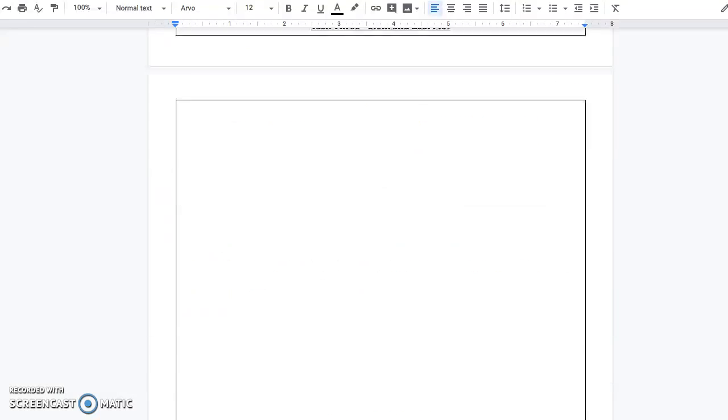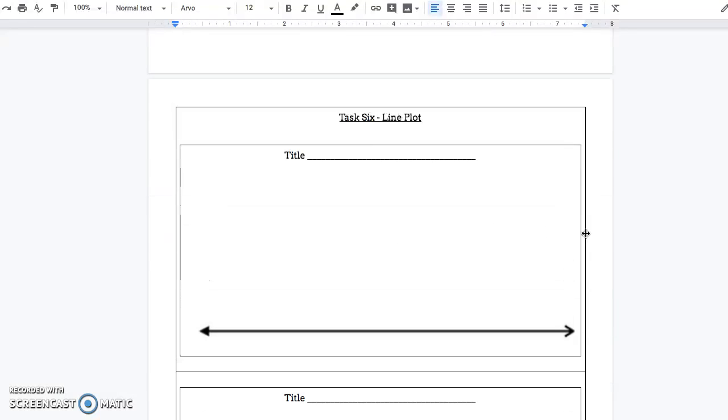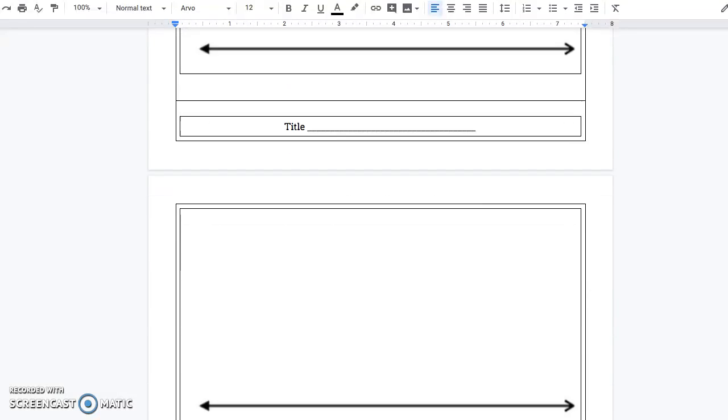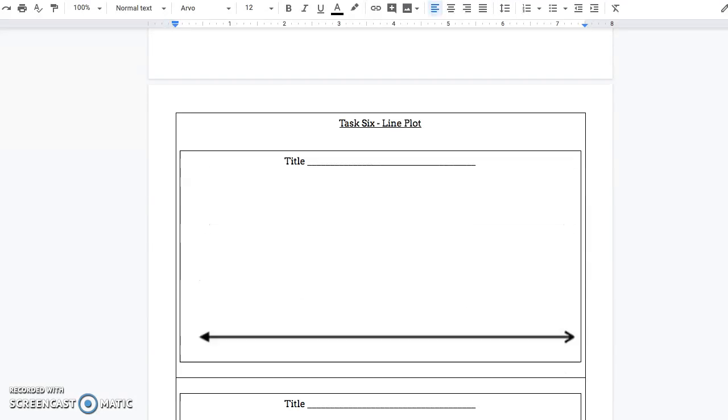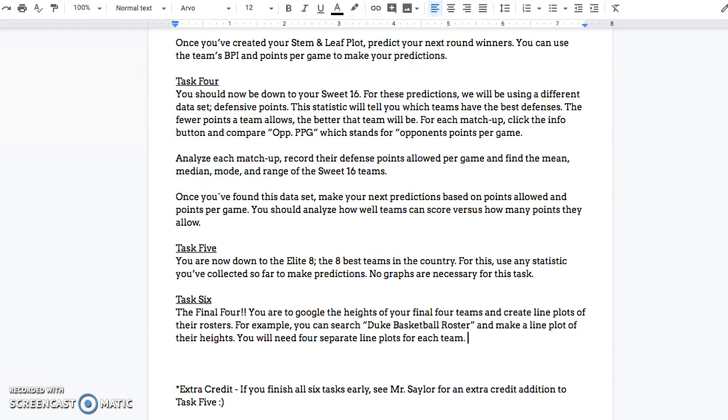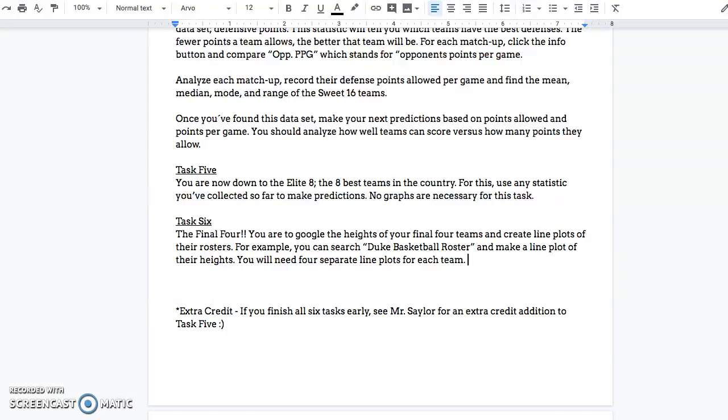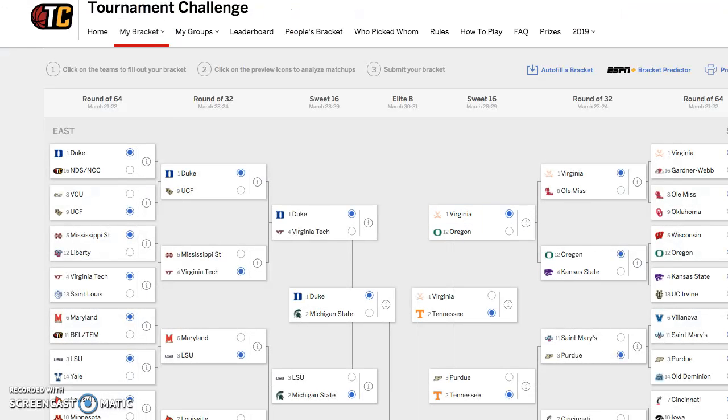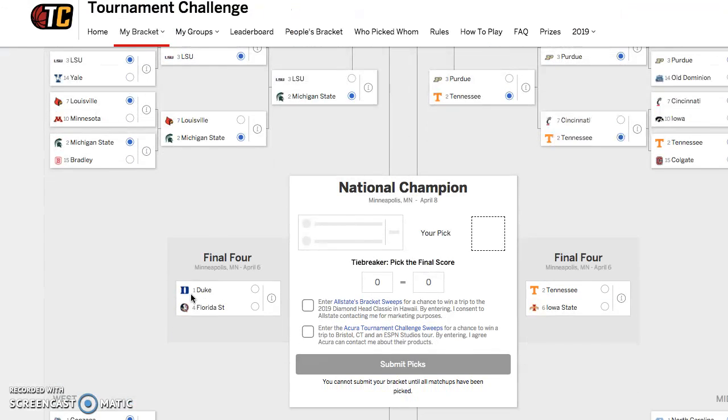So if you look on your packet, you can see that there's 1, 2, 3, 4 different line plots, and there's 4 different for a reason because you need a different line plot for each team. So as you look at your Final Four, you should have 4 teams in the middle here. 1, 2, 3, 4. Your teams will be different than mine. That's okay. My first team is Duke, so what I'm going to do is I'm going to open up a